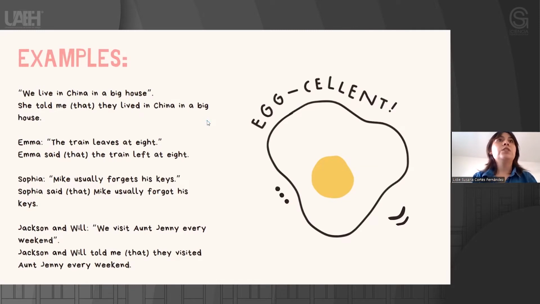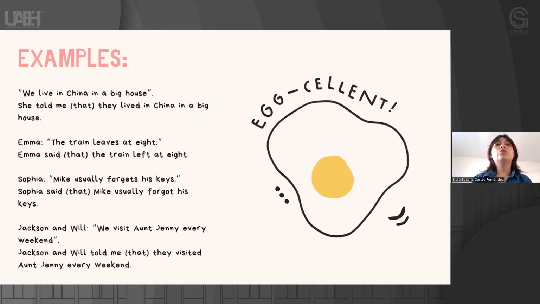Emma says, "The train leaves at 8." Emma said that the train left at 8. We also change the verb "leaves" to its past, that is "left". Sophia says, "Mike usually forgets his keys." Sophia said Mike usually forgot his keys. Jackson and Will say, "We visit Aunt Jenny every weekend."